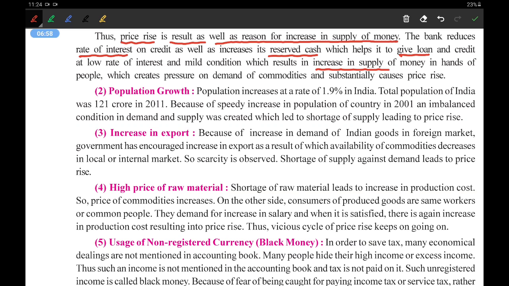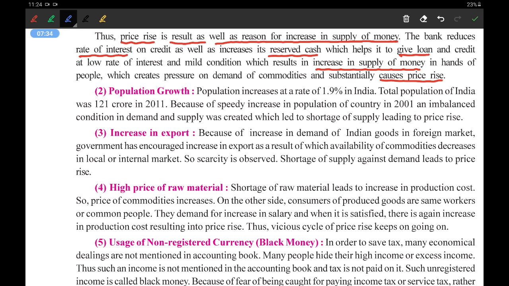And due to this, what will happen? More money will be in the hand of the people. People will start taking loans as the interest on the loans is very less, right? Money in the hand of the people creates pressure on demand of commodities. Now they have the money with them, as banks are giving loans at a very very low rate. So they have money with them, but they don't have the chances to buy things, and that's why they will be paying more for the things that are even less valued. Okay, and this will ultimately cause the price rise. So this is one of the reasons.